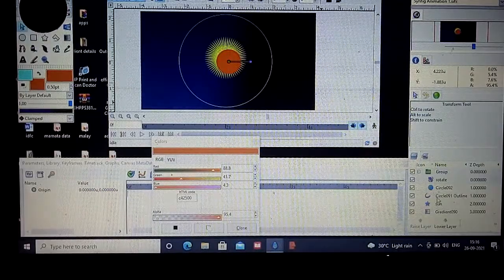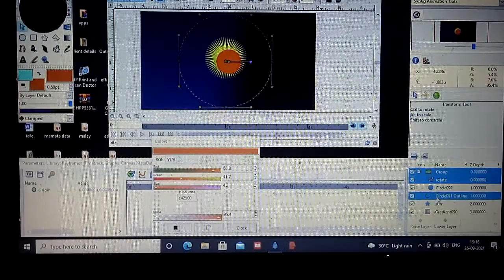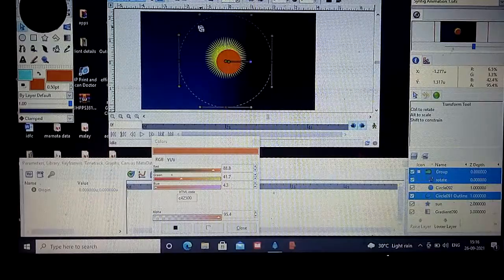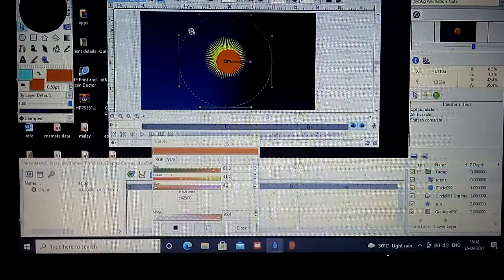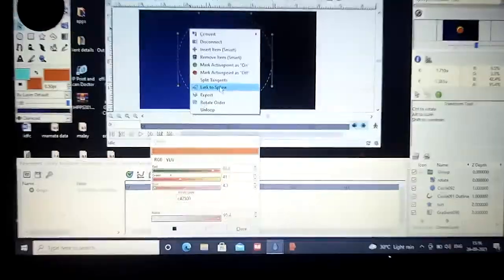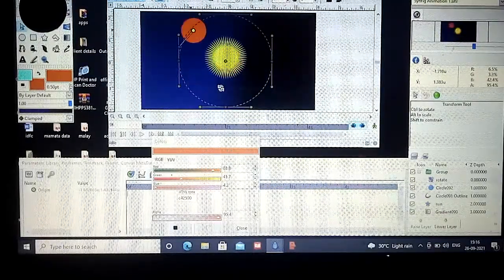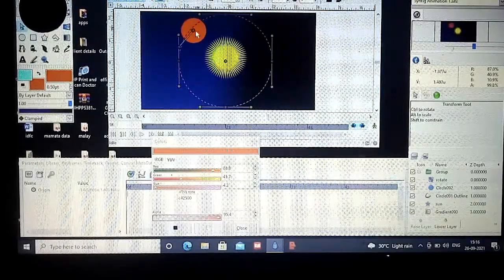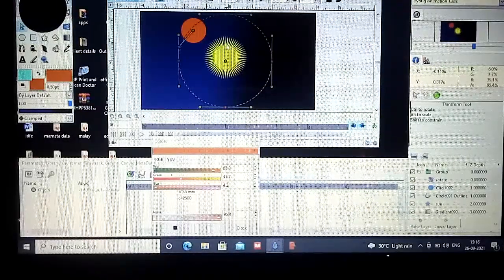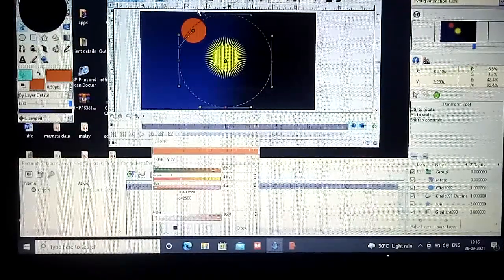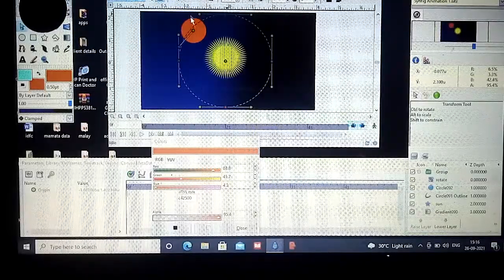Okay, after that this outline, the circle outline one. Then from here you have to right click and link to spline. So here if you can see, this circle has automatically got linked to this whole path.